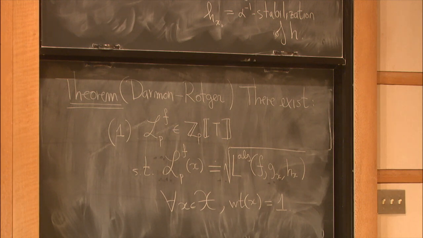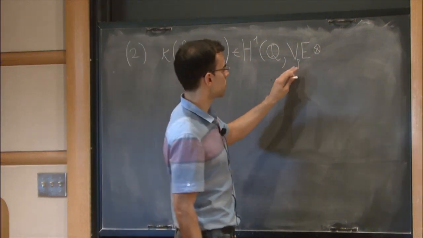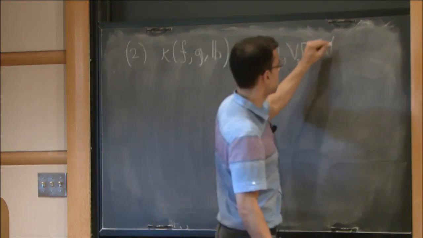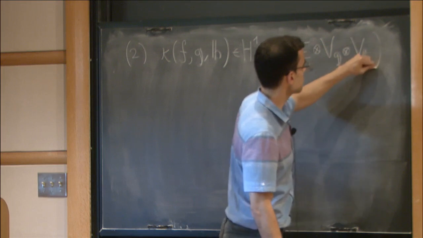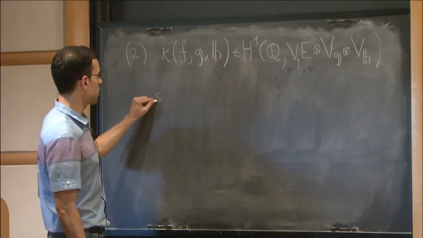So there is a global cohomology class, and this will take values in the triple tensor product. So B_p(E) is the p-adic Tate module of E tensor Q_p. And then G and H will have attached some big Galois representations, and this class lives in this triple product. And its defining property is that